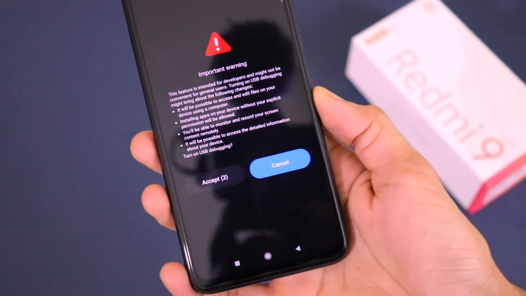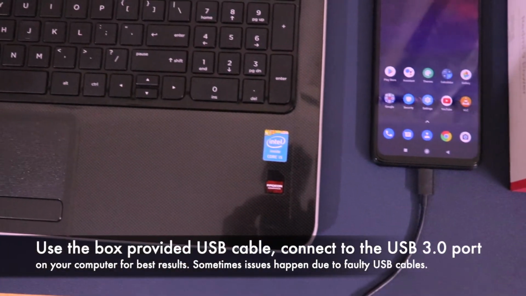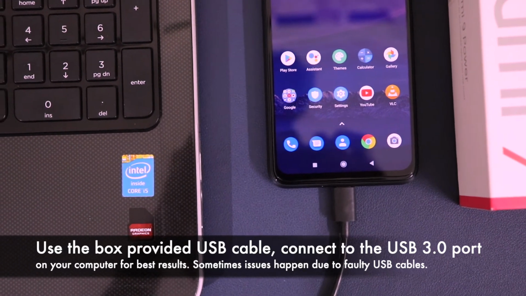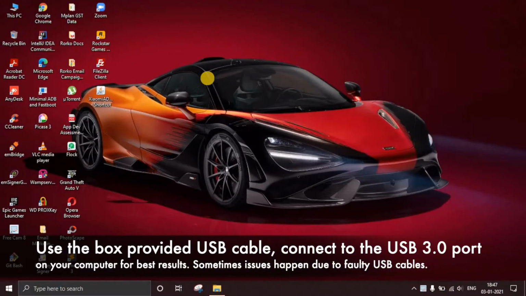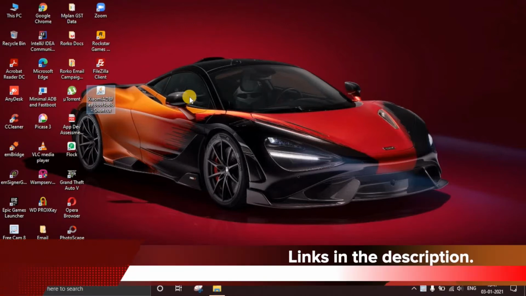So now the next step is to jump onto our computer. As you guys can see, I've connected my smartphone to my computer with the help of the USB Type-C cable, guys. Just go to our computer and install the Xiaomi bloatware removal tool application and remove all the bloatwares. So as you can see, I have connected my smartphone to the computer, and now we have to install this application called Xiaomi ADB Fastboot. The link will be available in the description, guys.